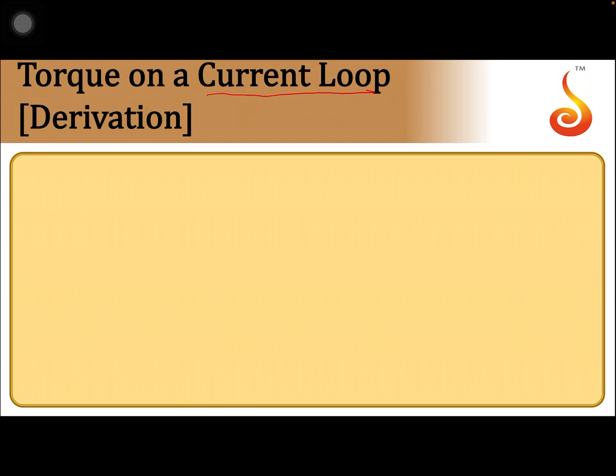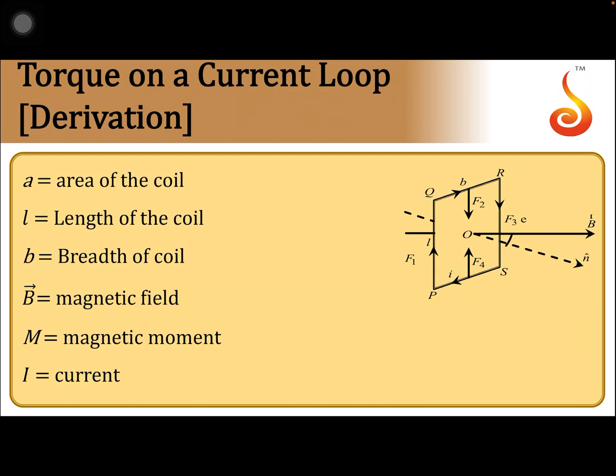This part we know in the case of electric field. Now we shall consider the same idea for magnetic field. If I consider a current loop kept in an external magnetic field, let us say B is the direction of the external magnetic field, and the plane of the coil makes some angle theta with the magnetic field. So let us say the area vector of the coil makes angle theta with the magnetic field, and the current flowing through this is I.